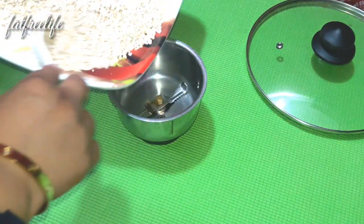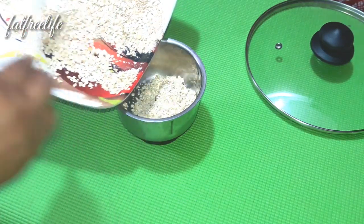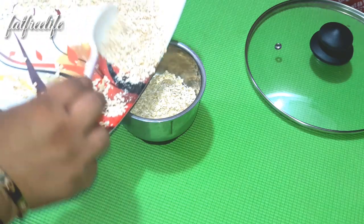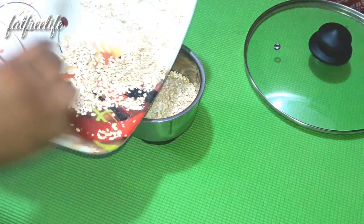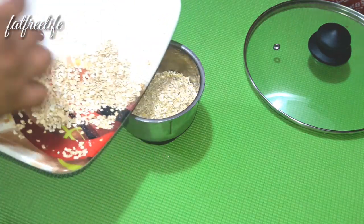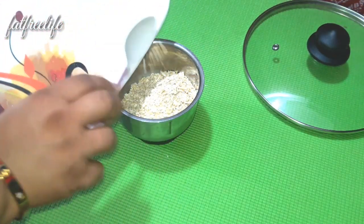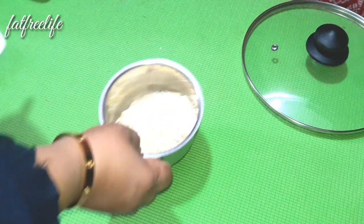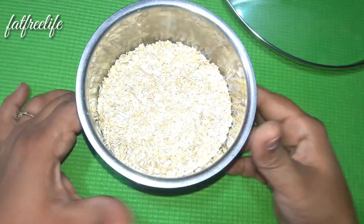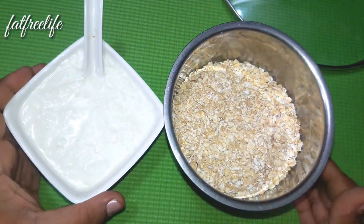Now I am just grinding this and making a fine powder of the oats like this. So in this video I'll show you how to make oats chillas, and this is the easiest way of incorporating oats into your diet. Now it is done, and so now instead of using the buttermilk, I am adding this